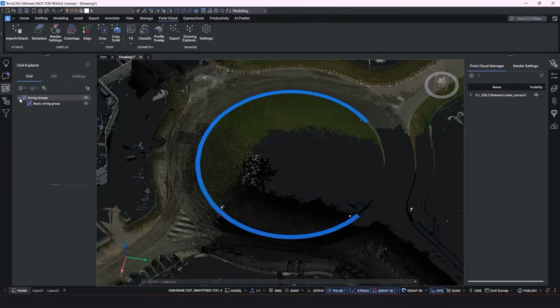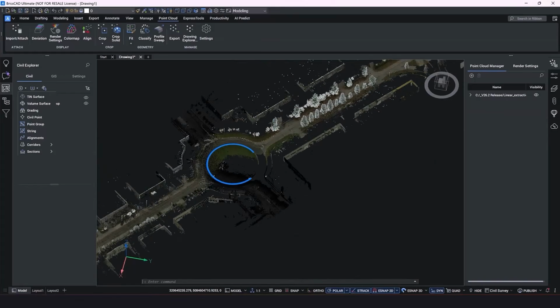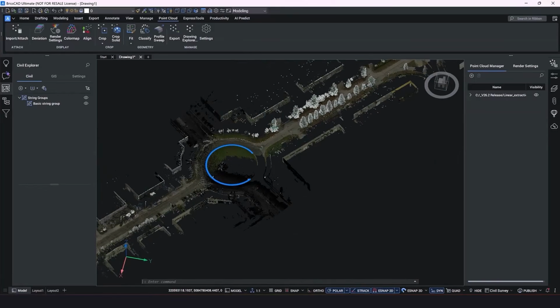Now, could we create a civil tin from this? Unfortunately, not. What we can do is create tin surfaces from lines and polylines, but not an actual planar surface. So if you want to create civil objects, make sure that you don't use the surface option.